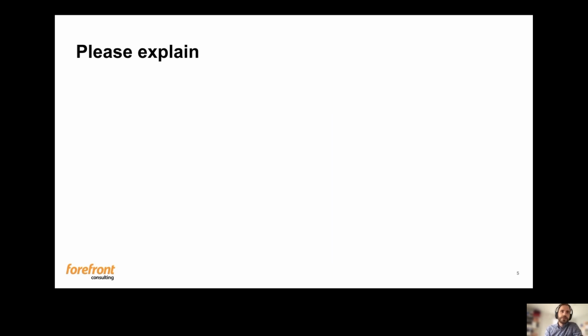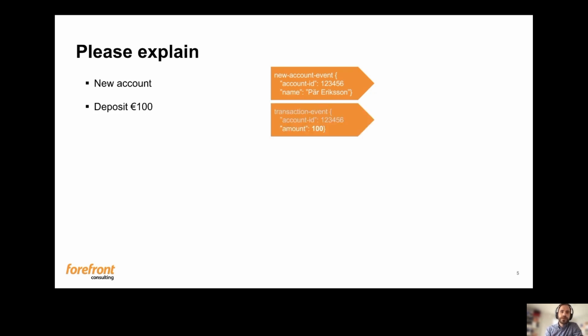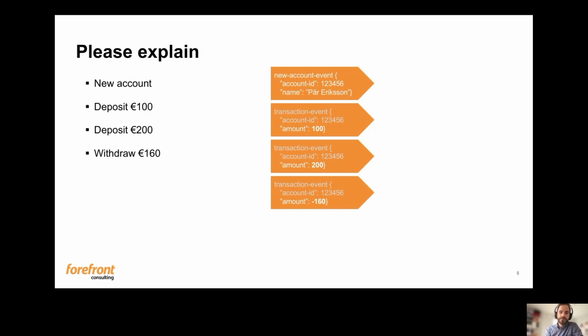Okay, so how would this look using events and event sourcing then, using the same scenario? Well, we don't model the new account by creating a row in a database. We implement the event itself. And as transactions happen, we capture the interesting information from them in other events. And there is no traditional database here. We persist the events themselves. So here we have modeled each event as different event types with some information in them.